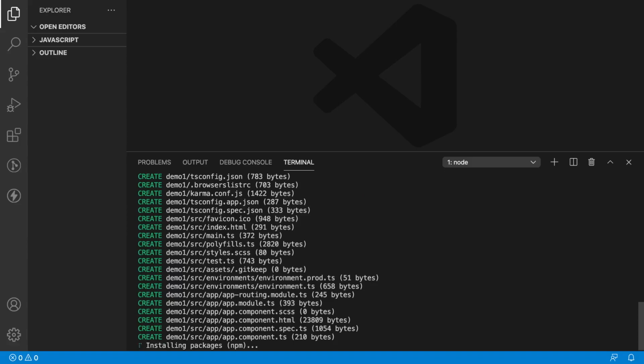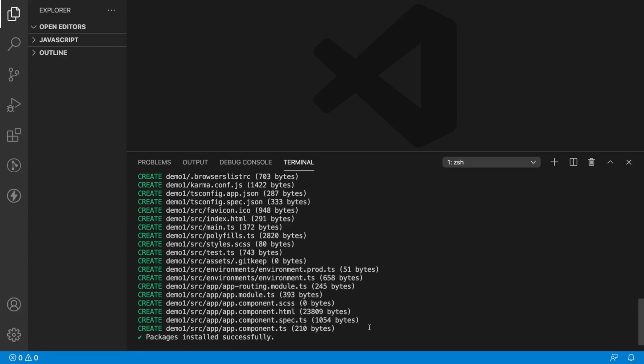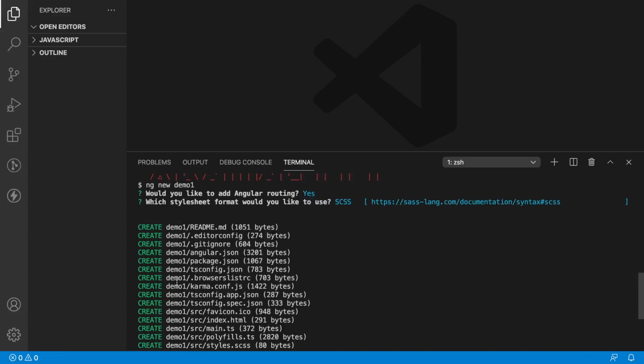It started installing with the SCSS package and along with the routing configuration. Now you can see our project has been created successfully, and it has also downloaded all the dependencies required for the basic setup of an Angular project, and it has also created some files